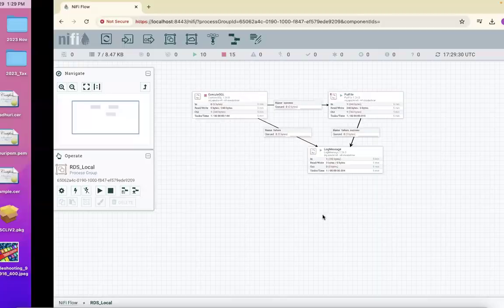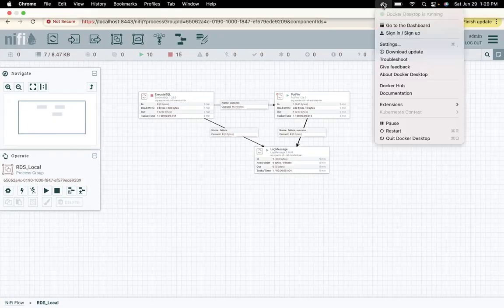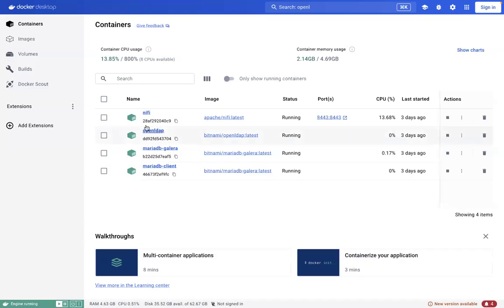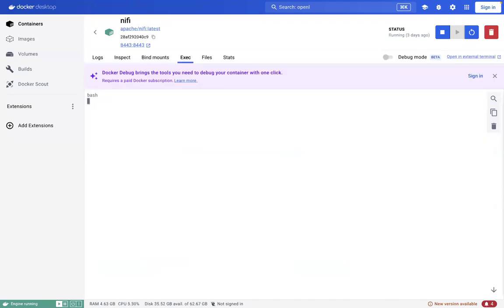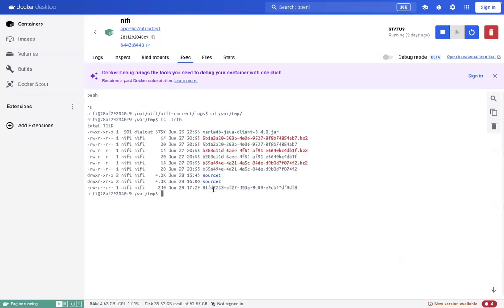Let's go to the Nifi instance to check. Click on Nifi, execute, bash, cd show var temp. If you see here, a Nifi file will be placed here at just this timestamp, right? And if I click cat, this one,